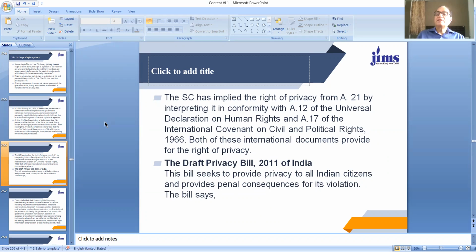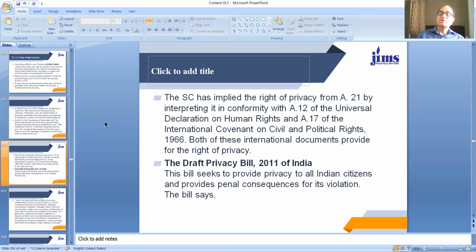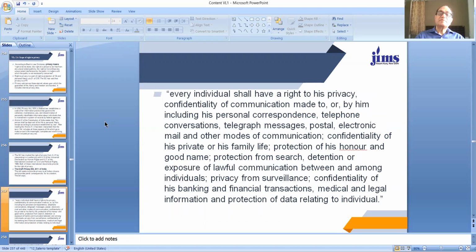Then, dear students, the Indian legislature tried to pass a privacy bill in 2011, which is still in the condition of a bill till date. It has not been passed by Parliament. The draft privacy bill of 2011 seeks to provide privacy to all citizens and provides penal consequences for its violation also. If somebody is violating my privacy, then it becomes a criminal offense. And this bill, because it is not yet passed by Parliament, says that every individual shall have a right to his privacy,